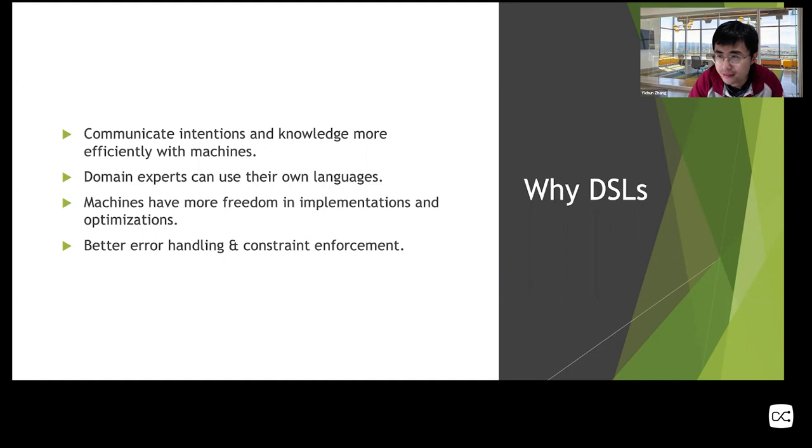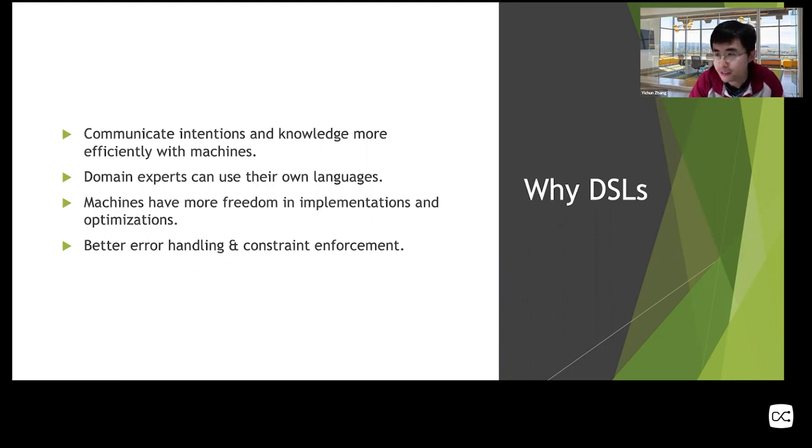And there's another benefit for DSL, which can give much better error reporting and error handling on the business level than a general programming language. When using a general purpose programming language, one has to do all the error handling and error reporting themselves.